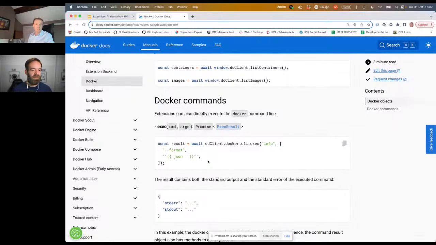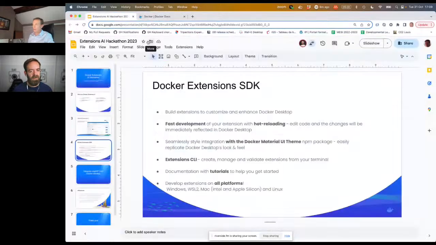I'm not going to go into too much detail right now. I think it's better to just go into some code samples and get into how to create an extension from scratch. So maybe I can stop sharing now and let you, Lucas, continue on how to create your extension from scratch. Yes, let me share the screen and we'll start directly from the CLI.